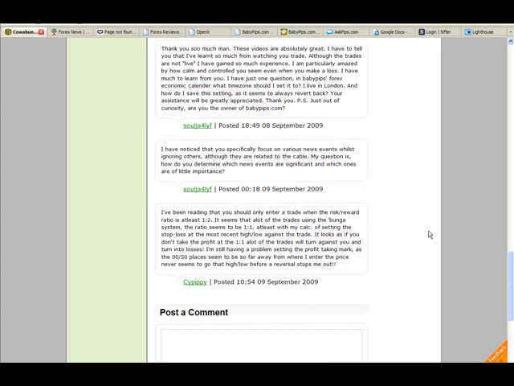Now, if your system won less than 50%, then it would be very important for you to have a reward to risk ratio higher than 1. And the higher that number is, the better. But again, it's just kind of a gauge for you. It's not a hard set rule that it has to be over 1 or over 2 or whatever. But it does help you gauge the profitability of a system.